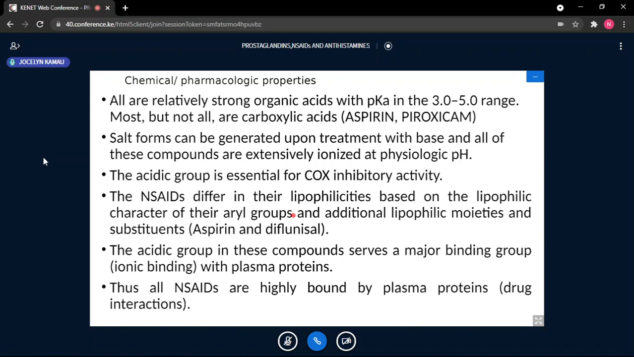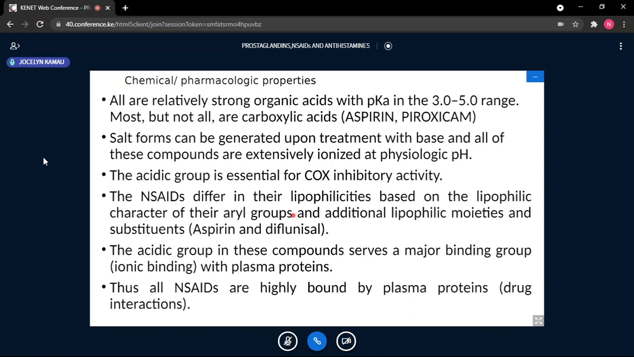Again, I want you to look for the structure of diflunisal. Mine is on page 3. Look at the structure of diflunisal and compare it with salicylic acid. If you look at diflunisal, you find it has a carboxylic group and it has the hydroxyl group as in salicylic acid, but diflunisal, unlike